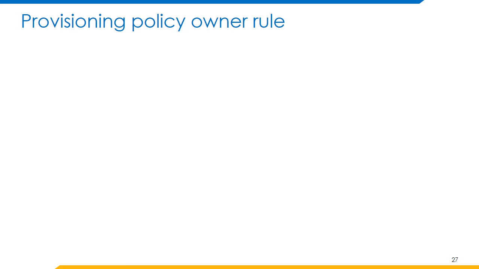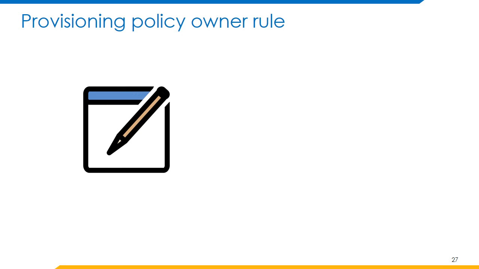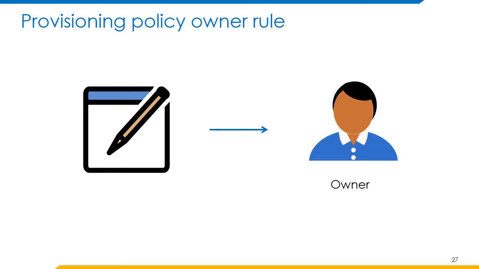Provisioning policy owner rule. Provisioning policy owner is going to decide who shall own this form, who shall fill this form. Any information that is needed and not filled at the provisioning form level shall be filled by requesting the provisioning policy owner for filling this form. The inputs to this rule are,